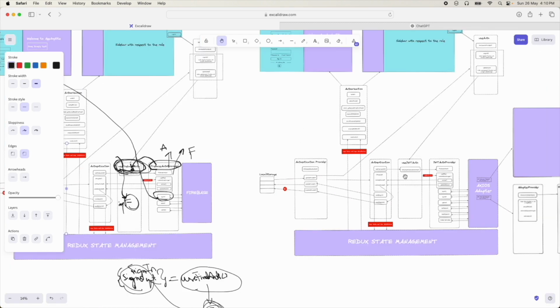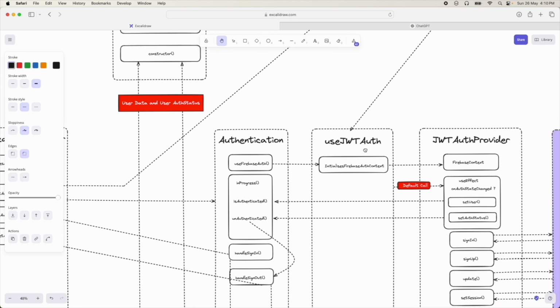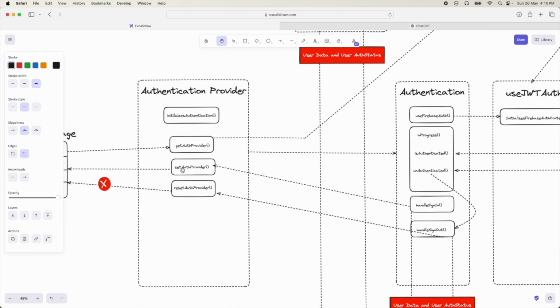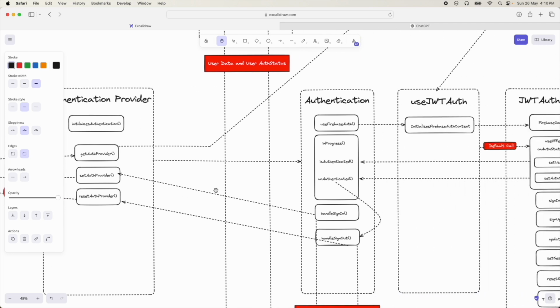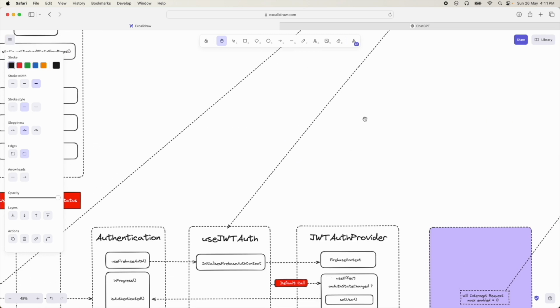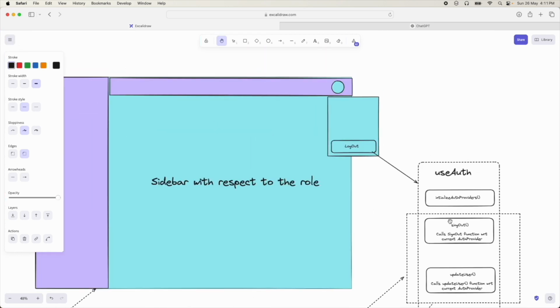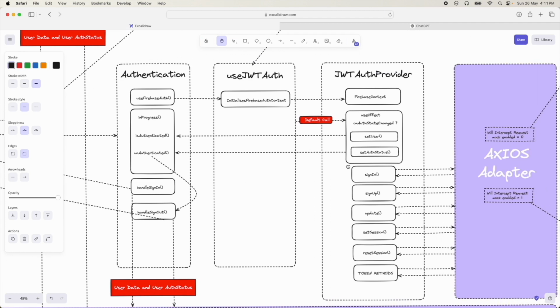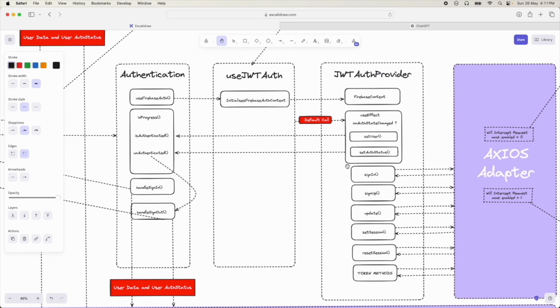Okay, now let us go to this use JWT authentication. Okay, so see, if you observe, the diagrams are very similar. And the lower process is also very similar. It is pretty similar, right? So the major changes